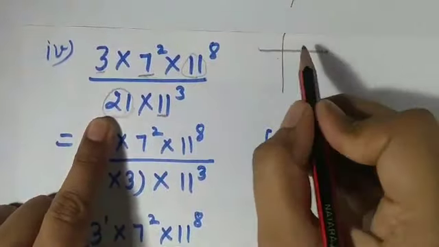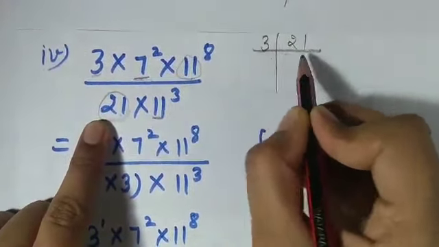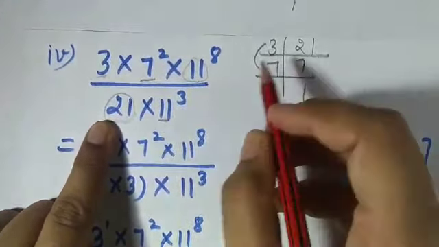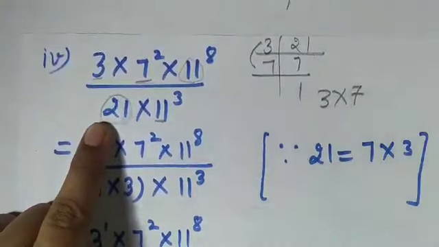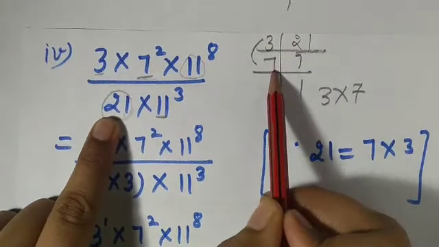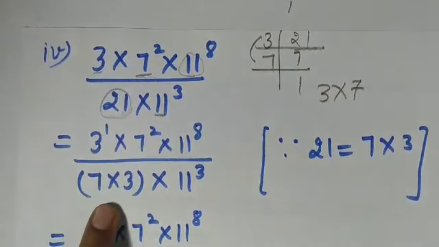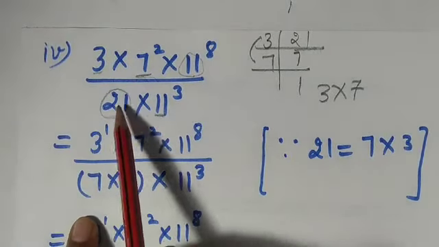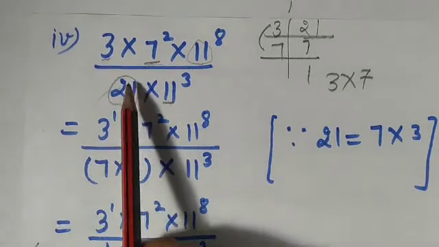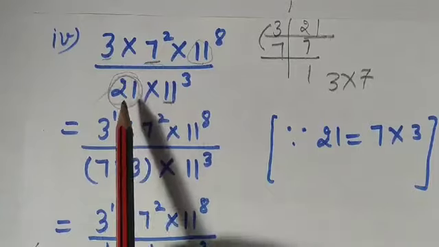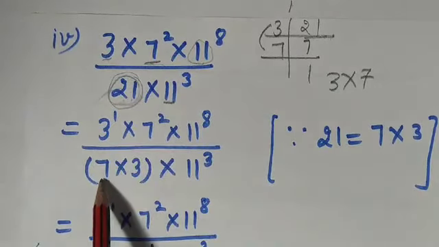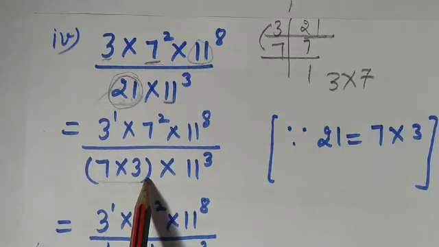Prime factorization of 21 is, this gets divided by 3. So prime factorization of 21 is 3 into 7. So 21 can be written as 7 into 3. So this I did in first step, that I have changed. I have expressed the composite number. The numbers which are not prime are composite. So express that number as a product of prime factors. Okay.